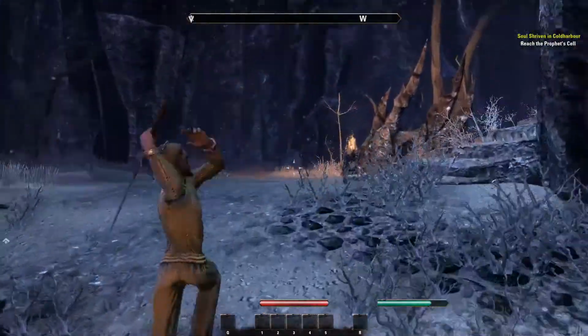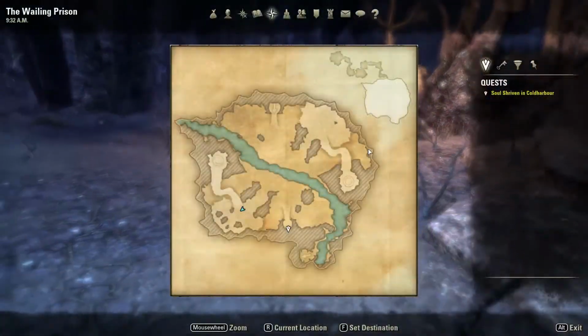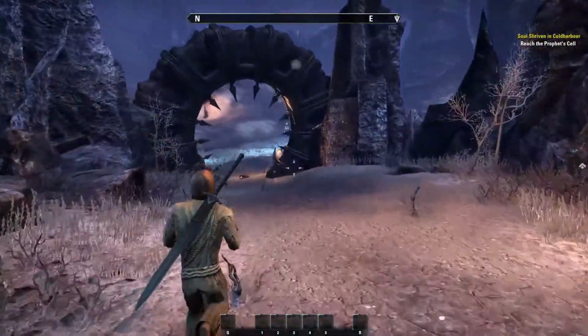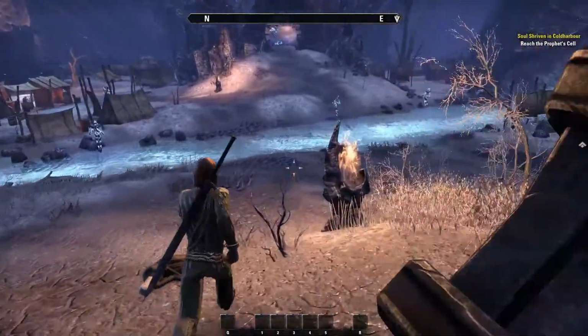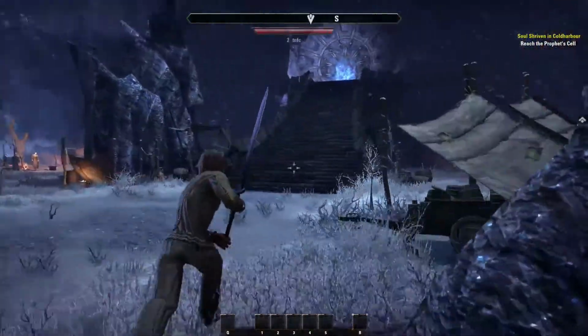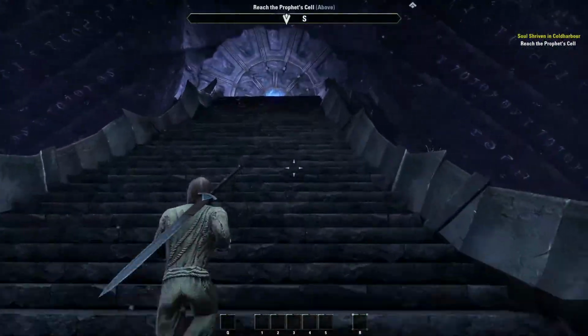Cool. Oh, and you do run faster. Oh, did I go the wrong way? Yes. You do run faster if you have your weapon put away than if you have it out. So if you have it out, you'll move just a little bit slower. It's a little bit hard to tell, but